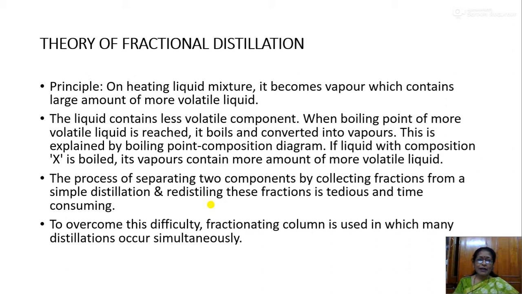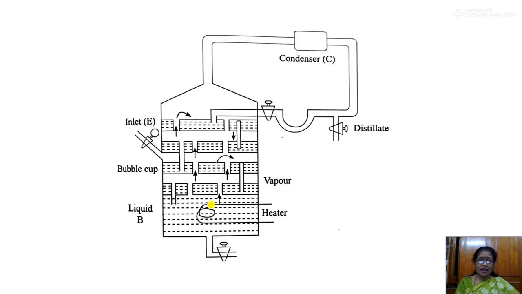This is explained by the boiling point composition diagram, that is the TC diagram. If a liquid with composition X is boiled, its vapors contain more of the more volatile liquid. This I am showing here in this